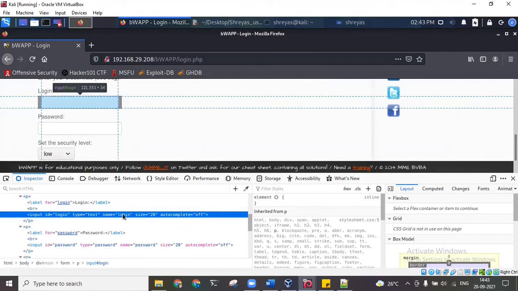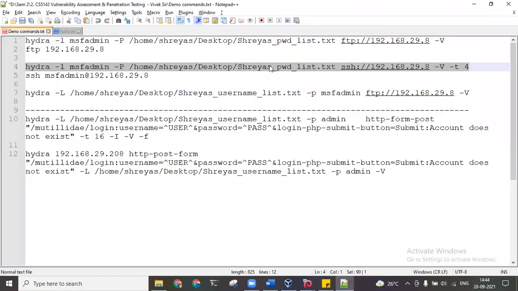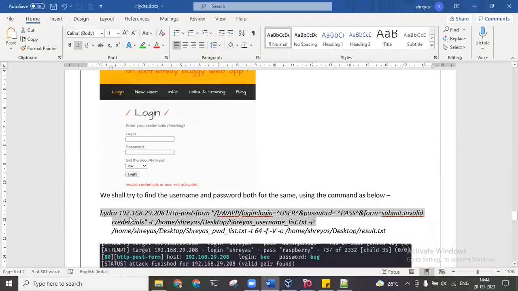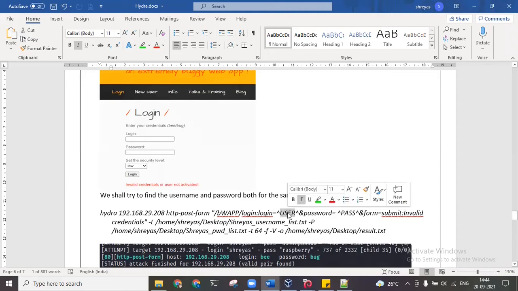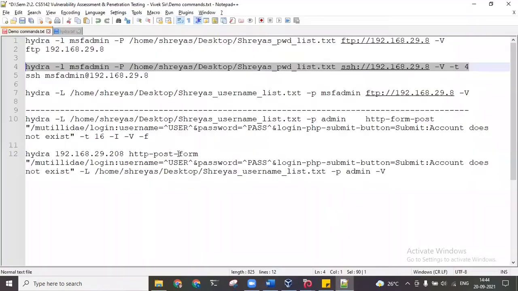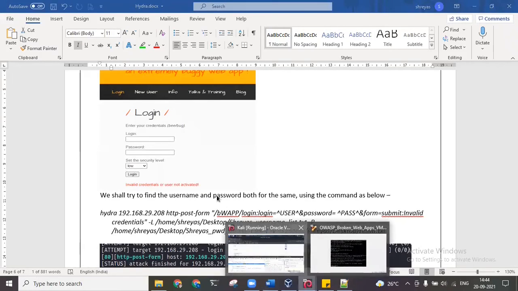So the name is login. Over here, I will just see. This is login, this one. And this is what we call the symbol, type symbol, or whatever this symbol is. Here, whatever username and password we have specified in the list, it will take that as an argument and put that. So in this login field, the username would go. And similarly, in this password, we will see what the password field is.